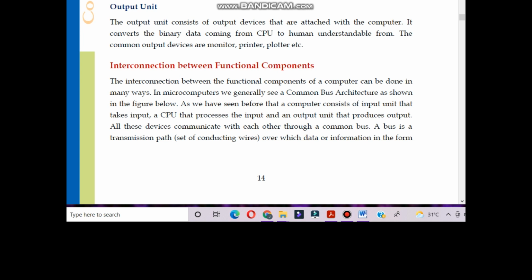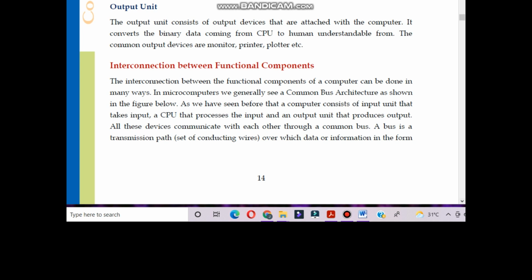In the central processing unit there are three other components: ALU, arithmetic logic unit, CU, control unit, and memory unit. In the memory unit there are two types of memory: one holds or keeps the data permanently, and the other keeps or holds the data temporarily.